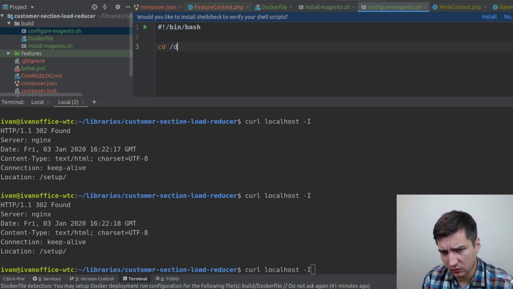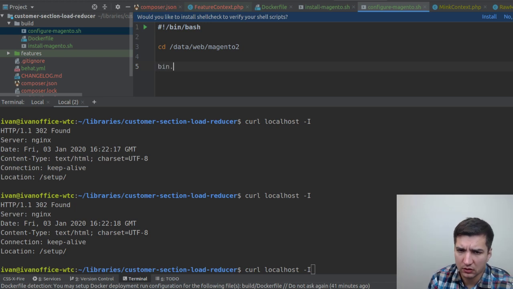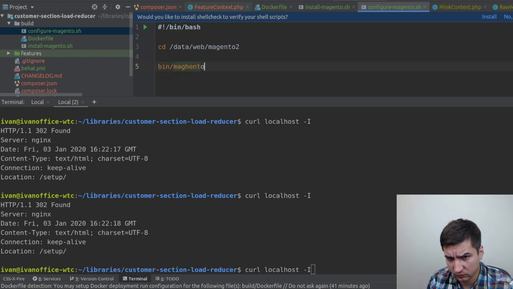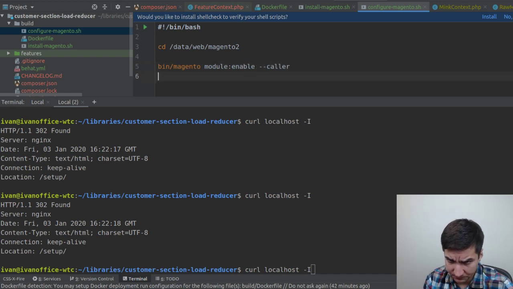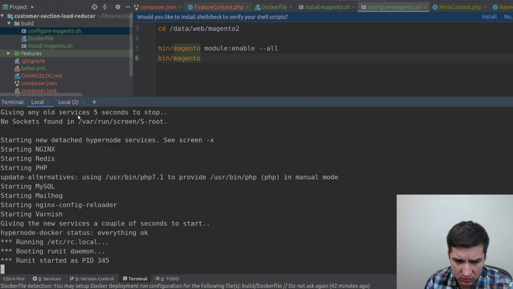again switch to data/web/magento2, and here I'm going to run bin/magento, and I'm going to run module:enable --all. This one will enable all modules. Then I'm going to run another script. Yeah, let me actually